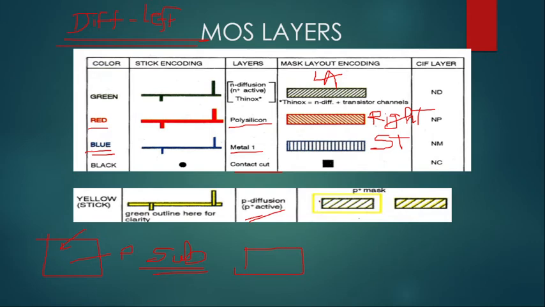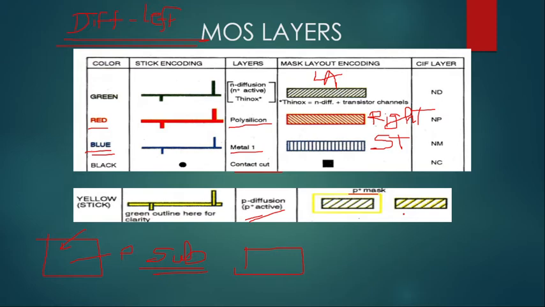And here if you see your green box, it is showing the diffusion region N, and the alignment is towards left. Diffusion is always left aligned, and the spacing is also more. And this yellow color is showing your PMOS, P substrate, or you can say P plus mask. Masking is P plus. Or another way you can show this is a green color box with left aligned lines with more spacing, outlined with a yellow color.